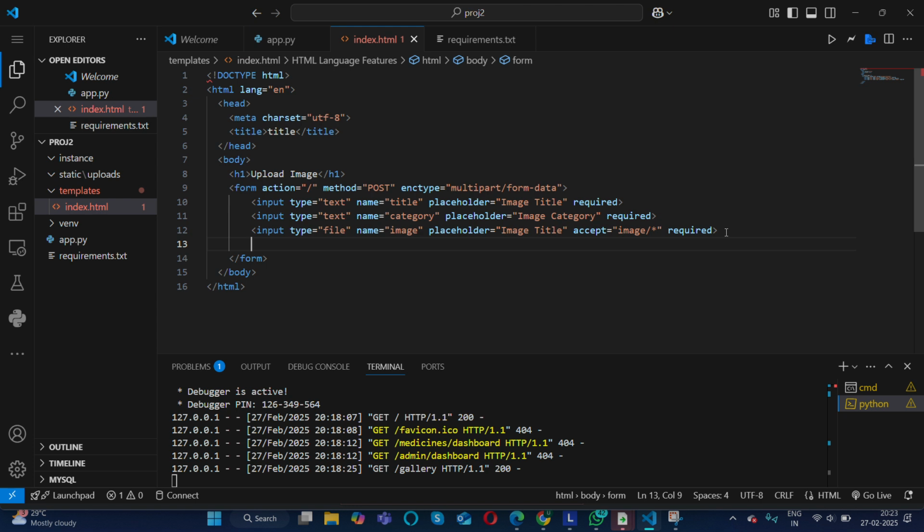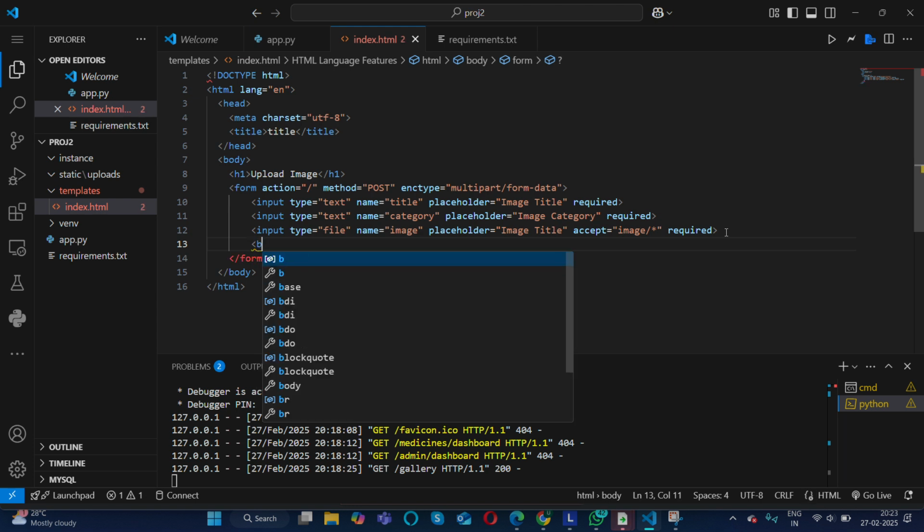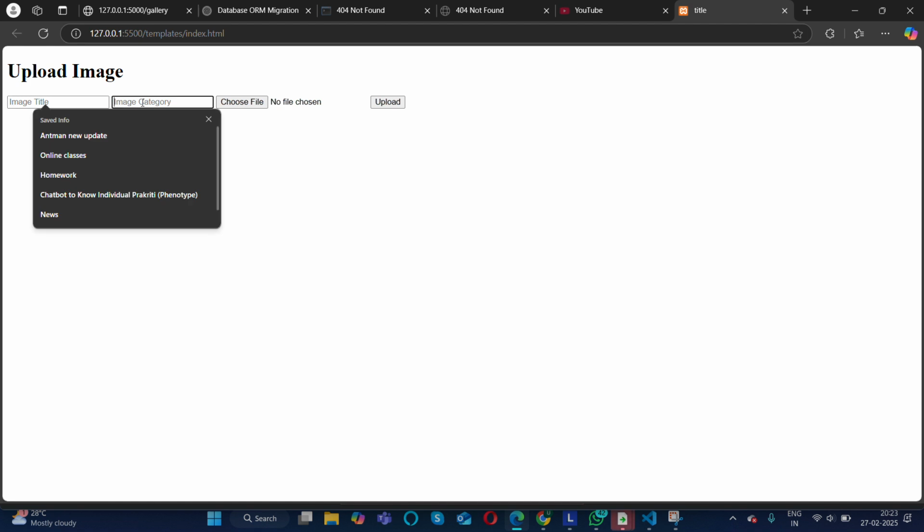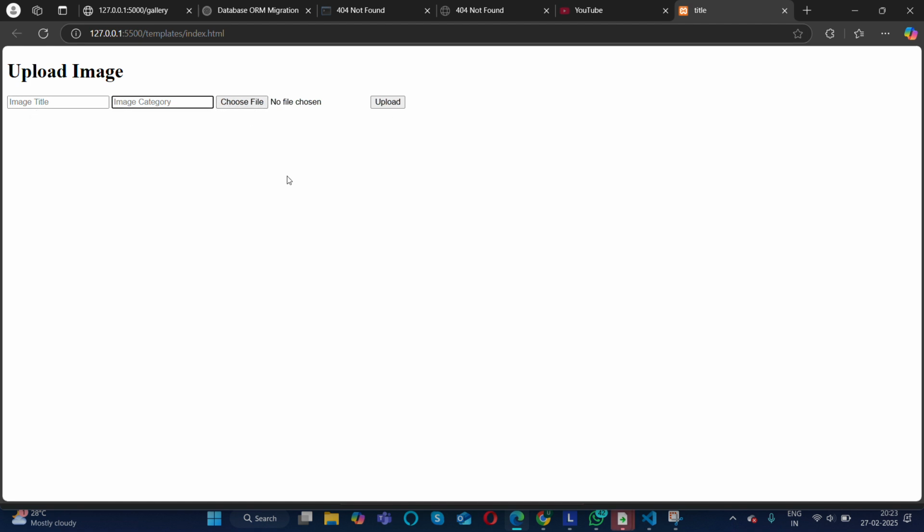And I should have a submit button. Okay, I'll check how it works. This is the basic thing. I'm not focusing much on the UI.